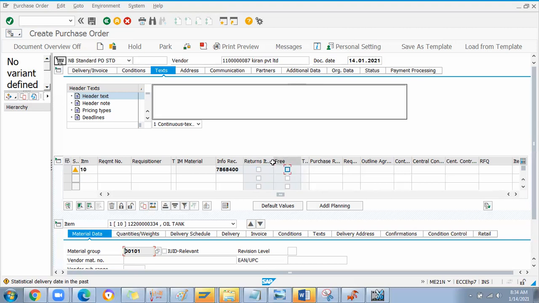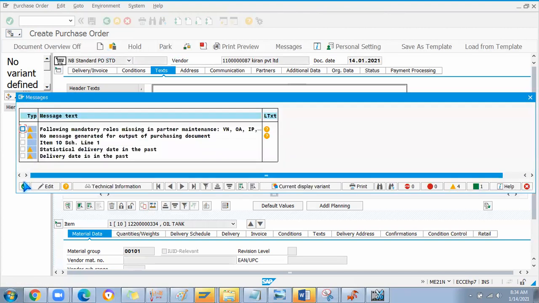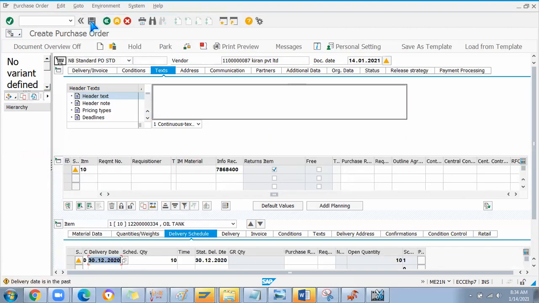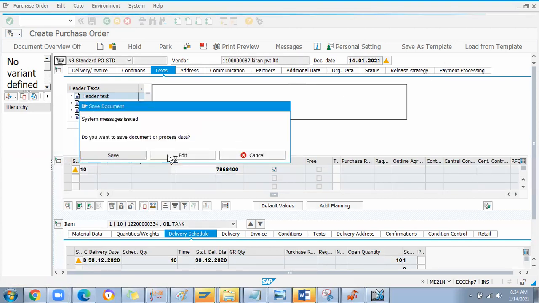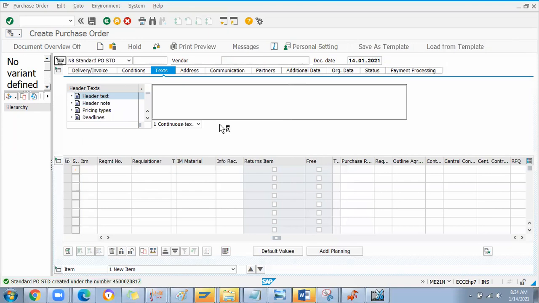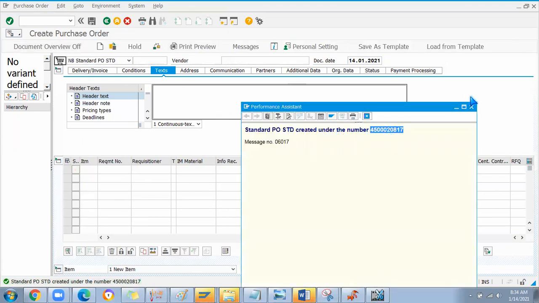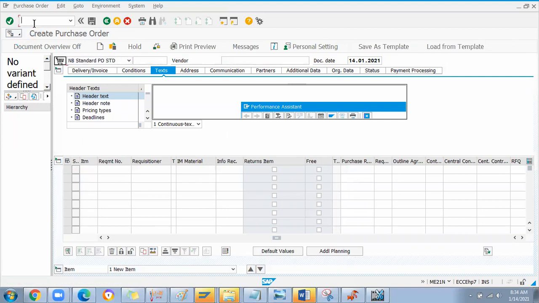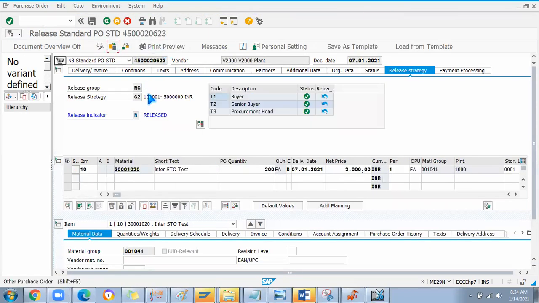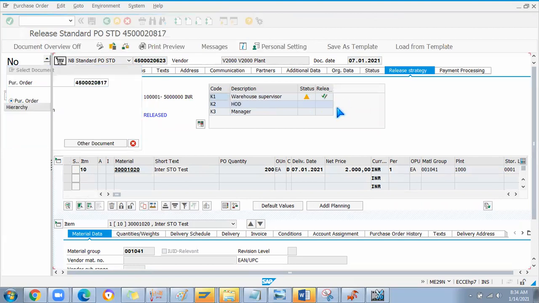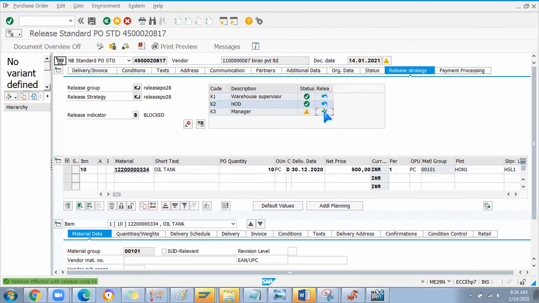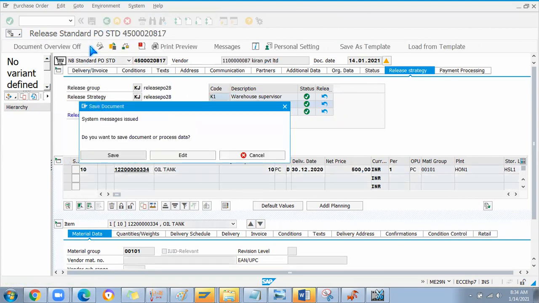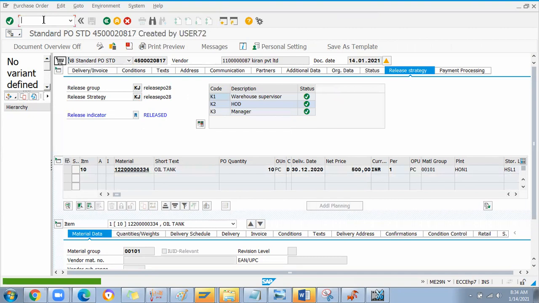Now I am doing the return part. So using this PO, I'm going to return the material. How to return that? Just save it. I think the release strategy will trigger. Yeah, it is triggered. I will do it quickly. Release of this PO. If there are any changes with the price band and all, I can remove the strategy, but anyway I will release it quickly. 817, release it. Okay, save it. You guys should practice like this, then only you'll understand the complete process.